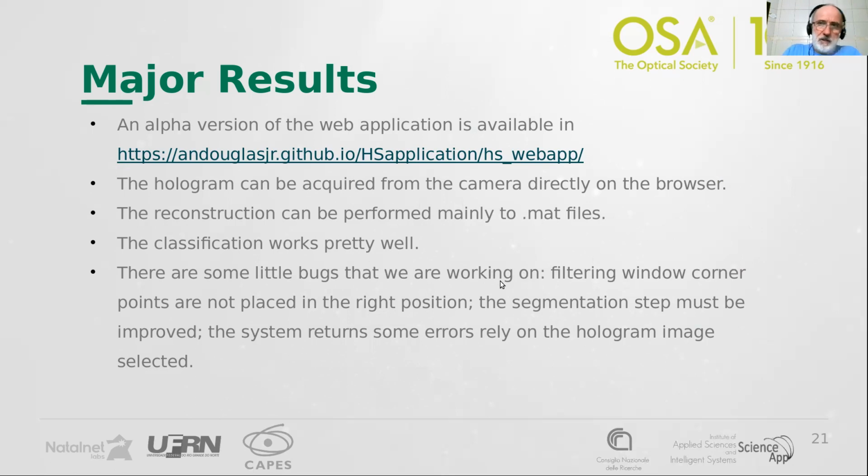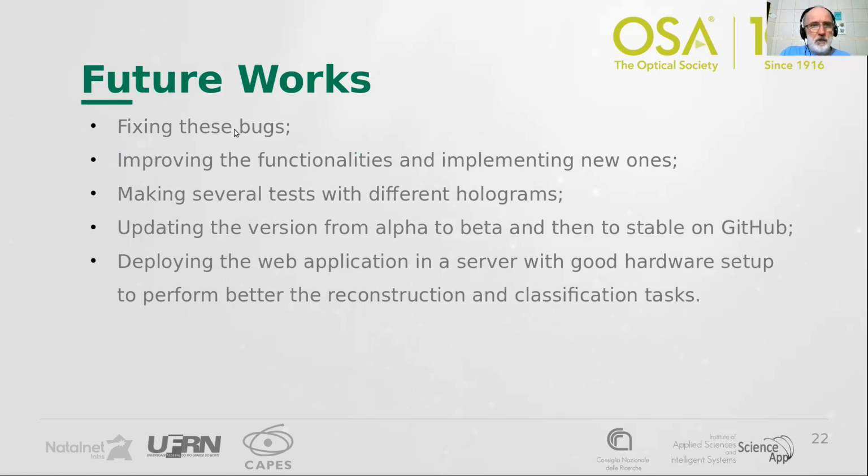Of course, as with every system in development, we have some bugs that we still have to fix, but we plan to do that in future work, as well as improving the functionality and implementing new ones. We plan to make several tests with different holograms and update this version from alpha to beta, and make it stable on GitHub. It's already on GitHub, but we say that it's not stable yet. And then deploy this web application as a server with a good hardware setup in order to better perform the classification,